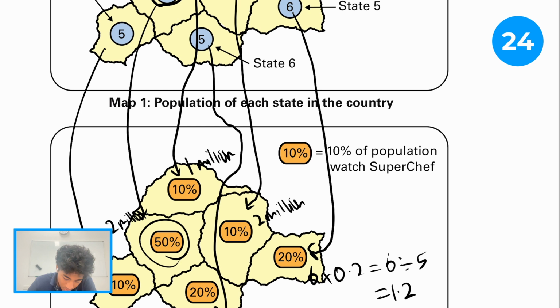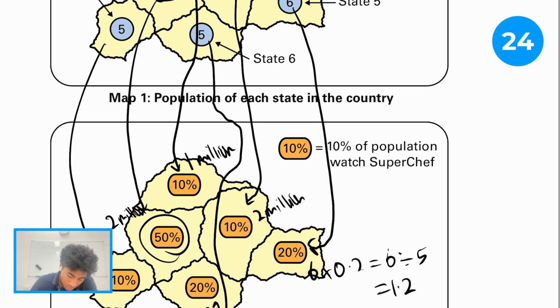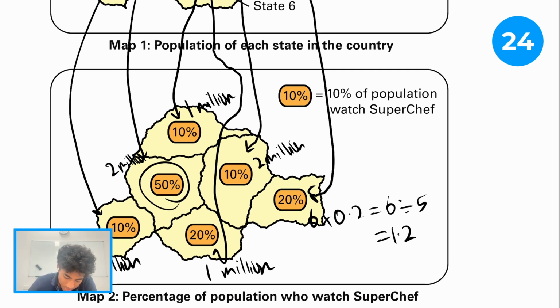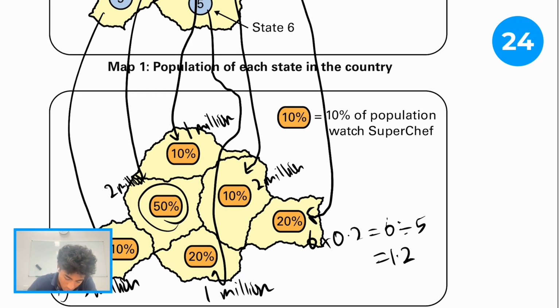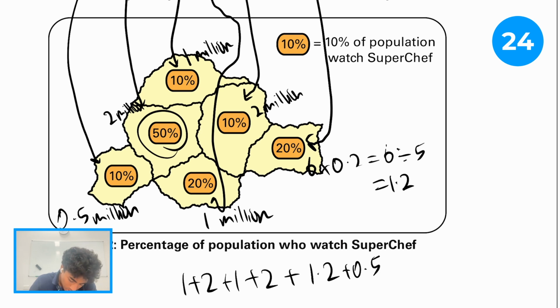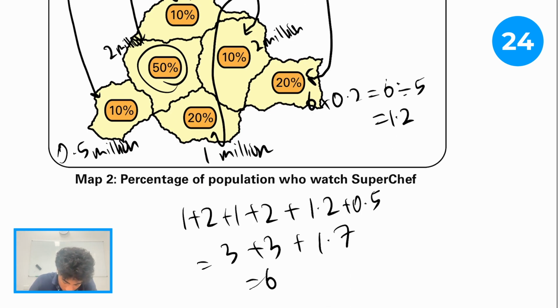In state 6, 20% of the 5 million watch Super Chef. That means we have to divide it by 5 since it's 20%, so 1 million. So if we add this all up, we get 1 plus 2 plus 1 plus 2 plus 1.2 plus 0.5, which is 3 plus 3 plus 1.7, which is 6 plus 1.7, which is 7.7 million,